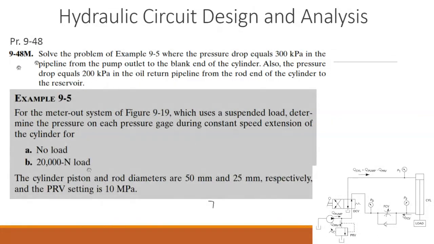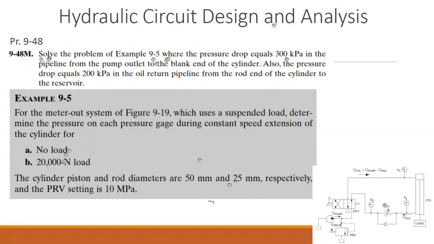This is an unsolved problem at the end of the book, but I included the solution of this whole problem. So we have to read the problem, and then we are going to see the circuit, and then we see how we can get the results. So let's read it. Solve the problem of example 9-5. So he's referring to example 9-5, but we have to add a few parameters here and then solve this problem with those new parameters added,